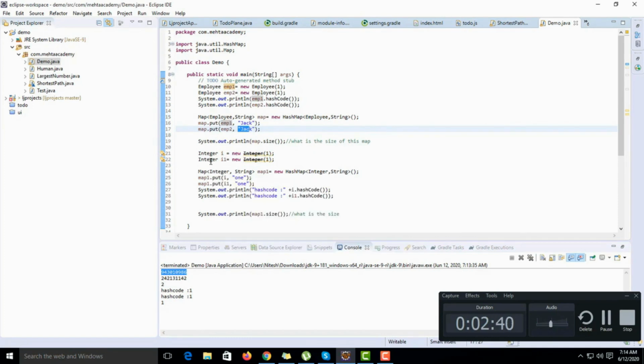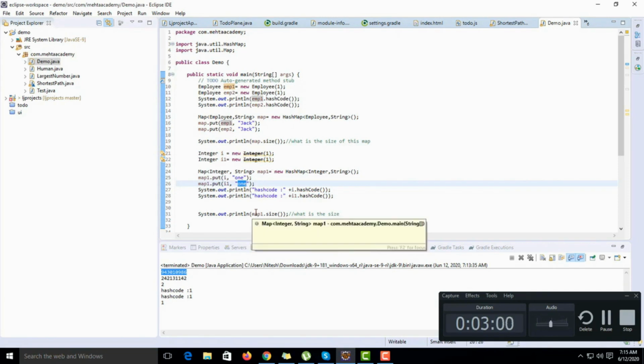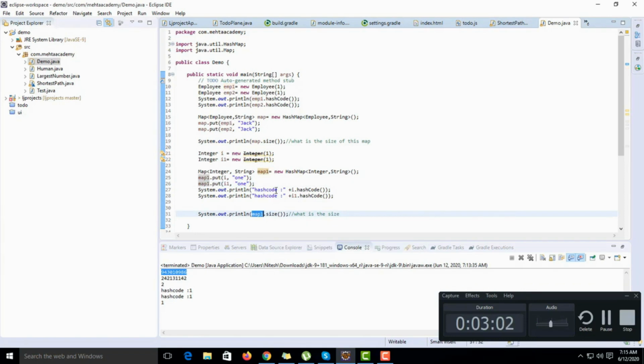But in this integer object, see, both have same hashcode and content is same. So we can say this object is duplicate, so it's rejected from map. Why does this happen?